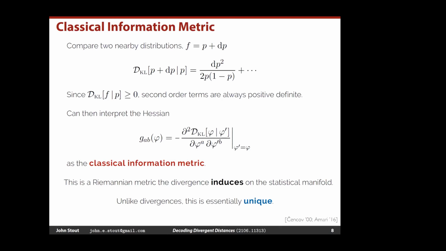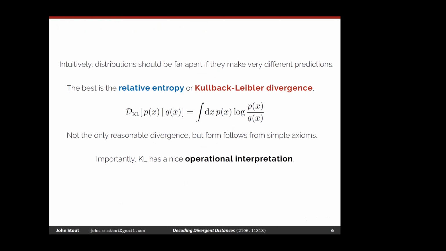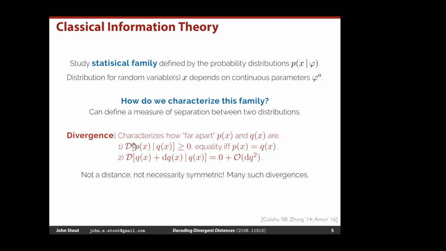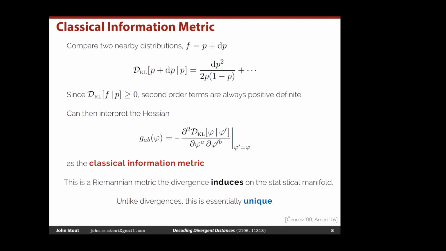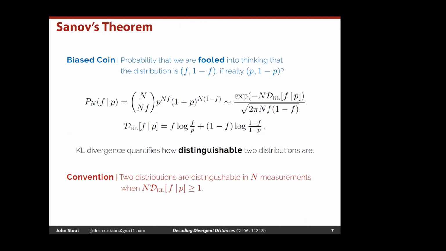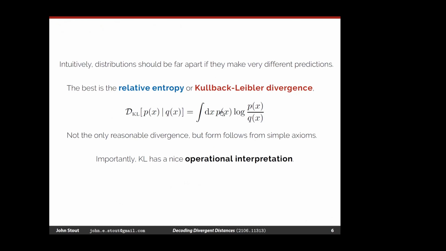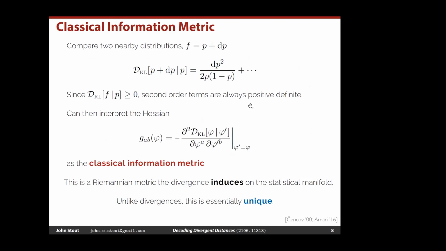Sorry, John, can I ask a quick question? Is it easy to see that the metric is positive definite? That is, a Riemannian metric? So yeah, it essentially follows from this. You say that it's always greater than 0. Thanks. Yeah. So that was one of the crucial things in defining what a divergence is. It's a standard exercise to see that this is actually convex. It's one of the reasons why the log appears there.